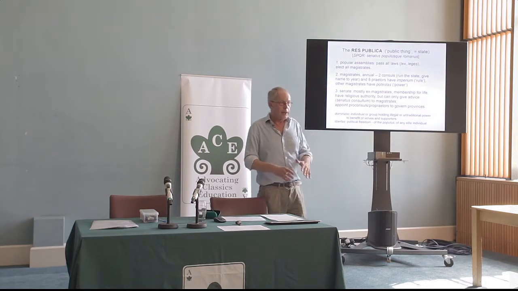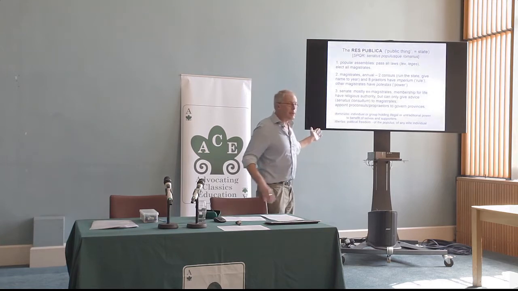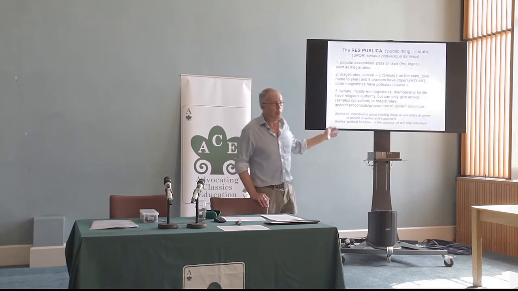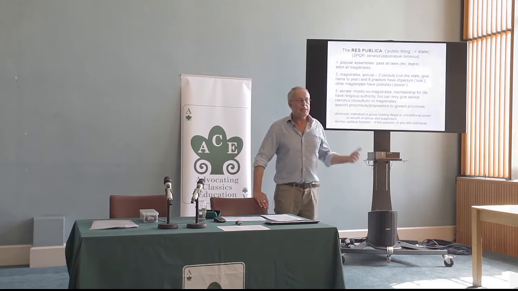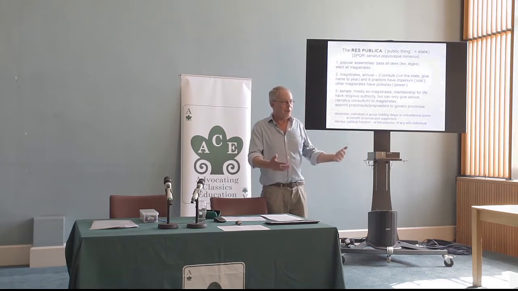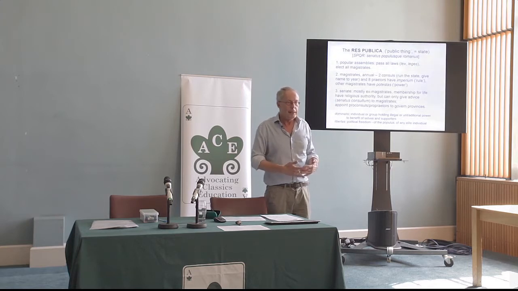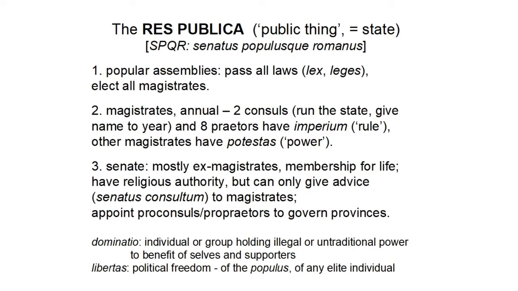All they can do is advise, and that is why anything they decide is called the Senatus Consultum, advice of the Senate. And by tradition, because they're a powerful club, and when you've been consul you're going to go back in it, on the whole they're allowed to tell the consul how much money they can spend, how many troops they can have, to deal with things. But they do it by tradition, not by right. Okay? All they can do is give advice. The only power they have is religious, to decide what to do if there is a bad omen or something like that. Okay, and those are the three elements.